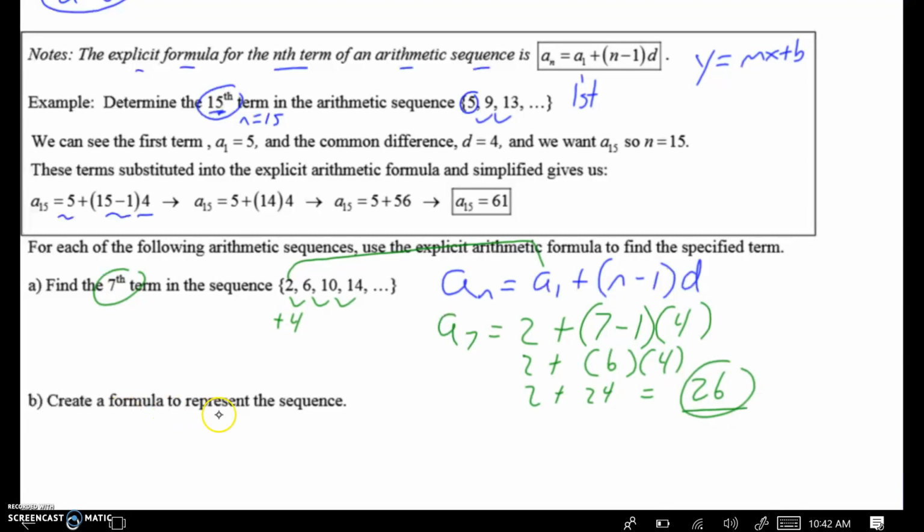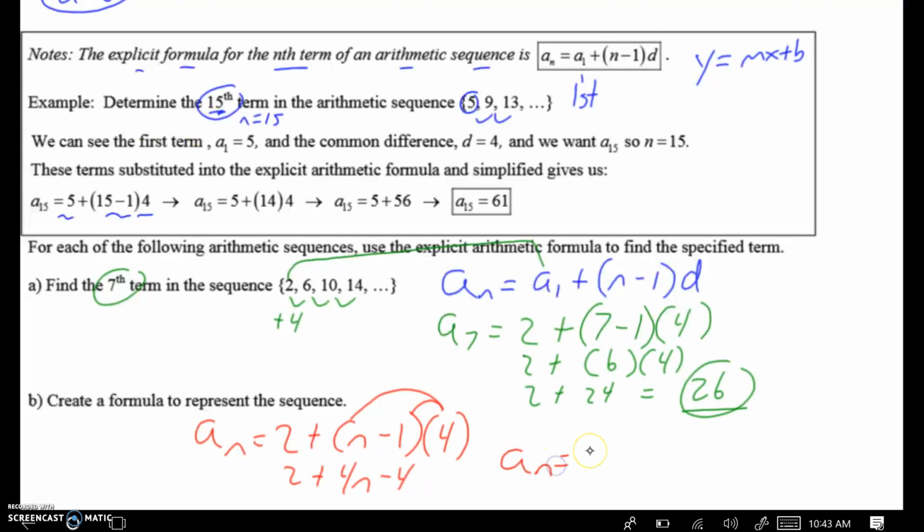Okay, the very last thing is, how could I create a formula to represent, like this is for the 7th term, but what if I want a generic formula? Like this is the formula, but I want one specific for this. Basically, leave n as n and just substitute in a sub 1 and d, like this. So a sub n equals, now in this case, a sub 1 is 2 plus n minus 1, I'm going to leave as n minus 1, but d, I'm going to change to 4. And what we could do here is distribute this. So it's 2 plus 4n minus 4. And I can combine like terms with this 2 and this minus 4